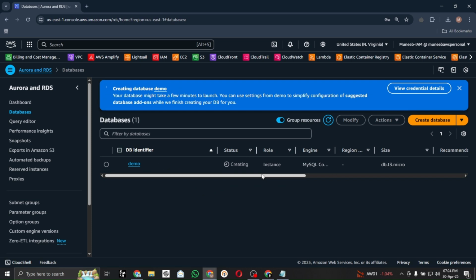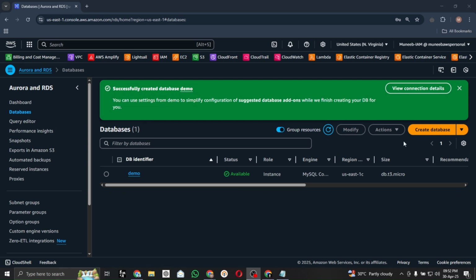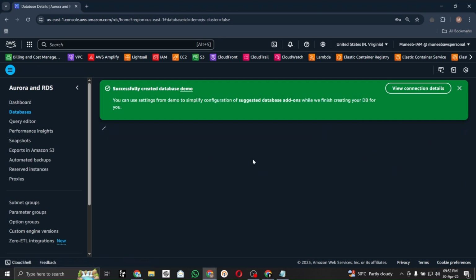Once this database instance is available to use, then I will show you how you can access this database. Okay, so let's just wait for a few minutes. Okay, welcome back. As you can see, the demo database is now created, and let's just see its status,